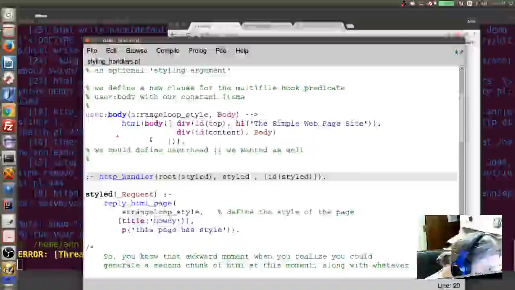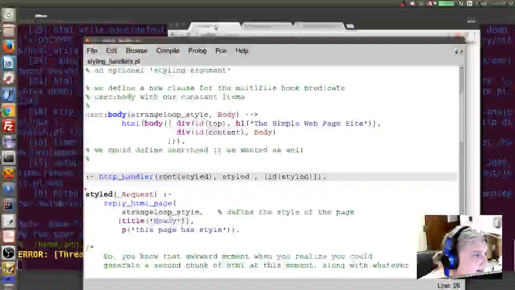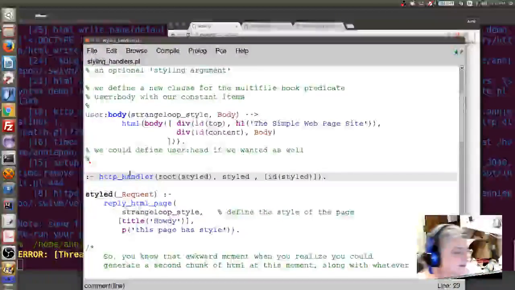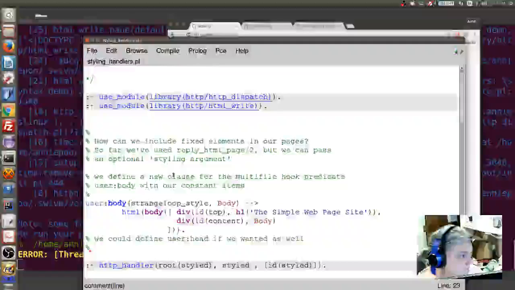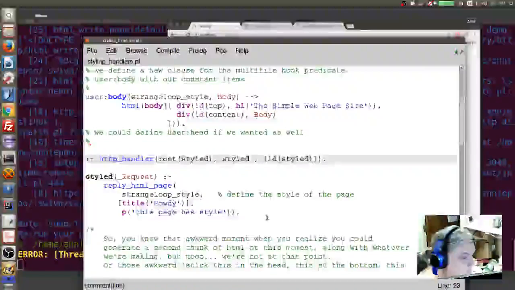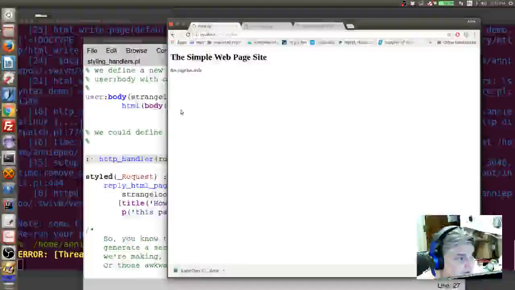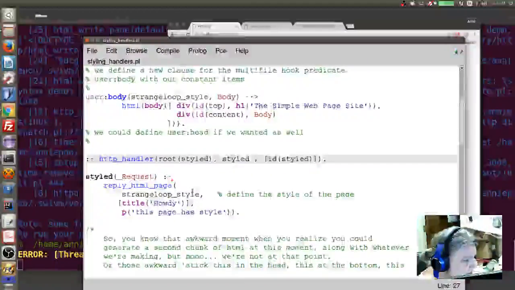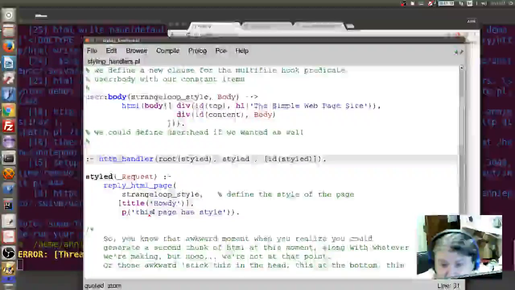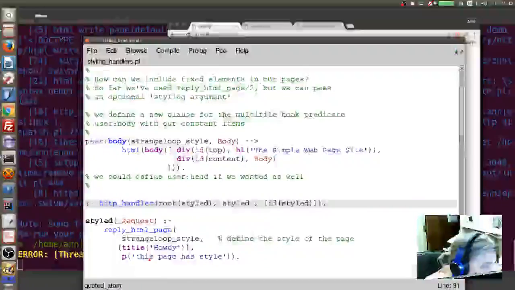This is a simple page, and you will notice in this that I just generated a paragraph. I didn't generate a header. Okay, so where does the header come from? Well, I have defined this